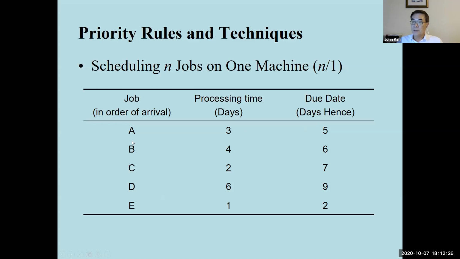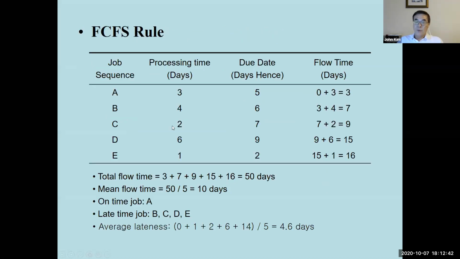Example here, jobs A, B, C, D, E. They come A first and B second, C third, and so on. And then processing time, due date, remaining time. Then if we use FCFS as a rule, take A first, because this one comes first, and then the second. So the sequencing is by the order they come. The processing time